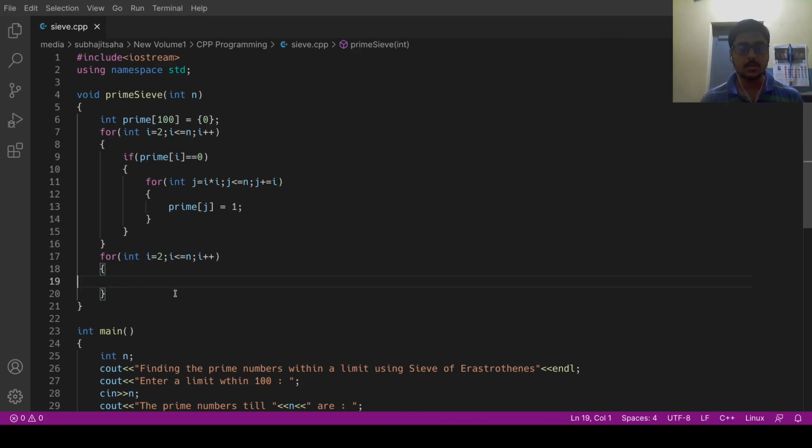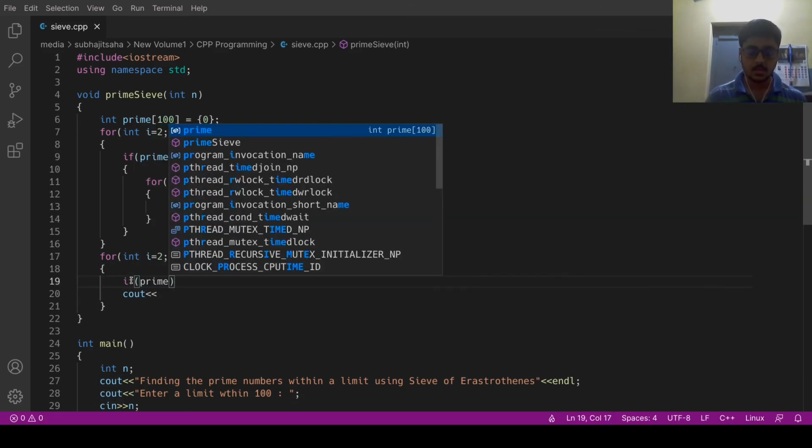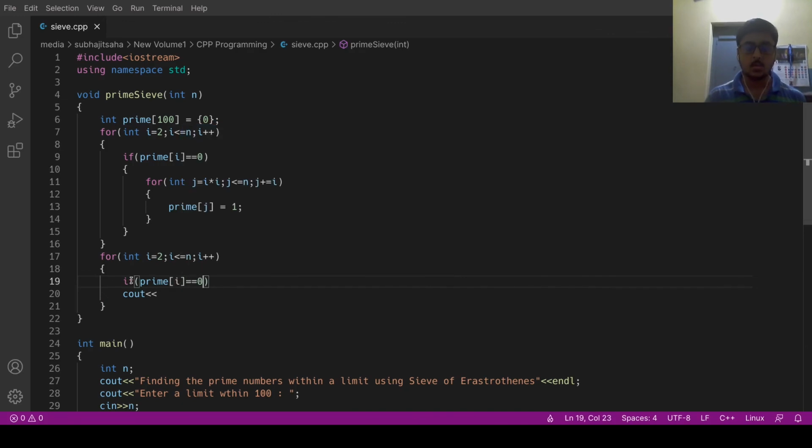Now I've explained this logic. Now I'll be displaying the numbers using cout. There will be an if condition: if prime[i] == 0, meaning I have to display only the prime indexes, because the prime indexes will only contain a value of 0.